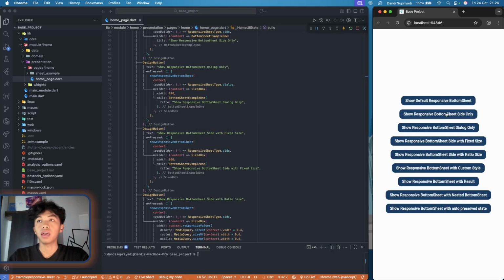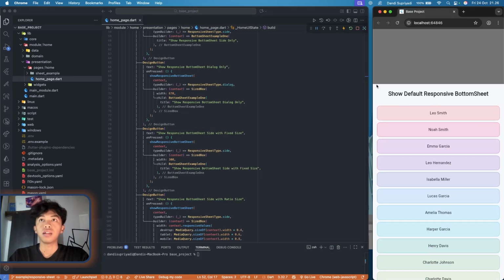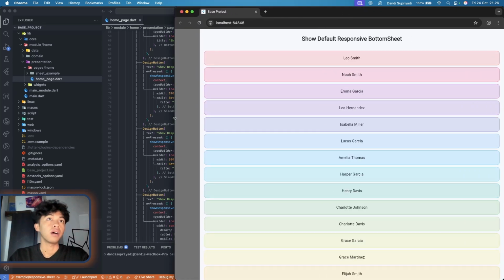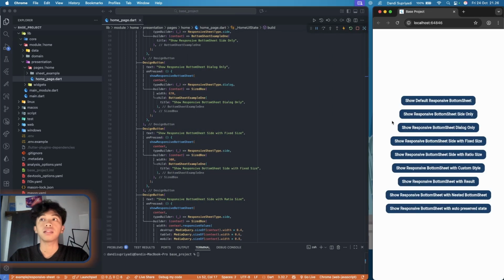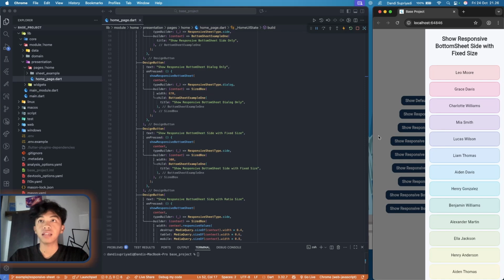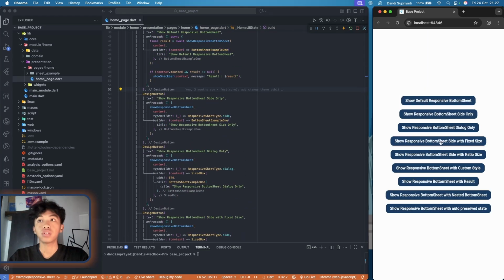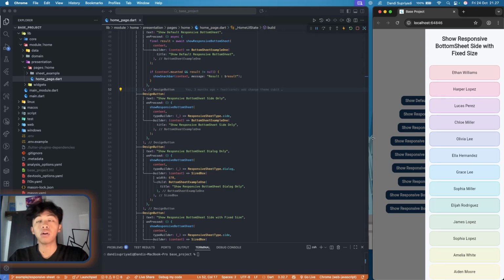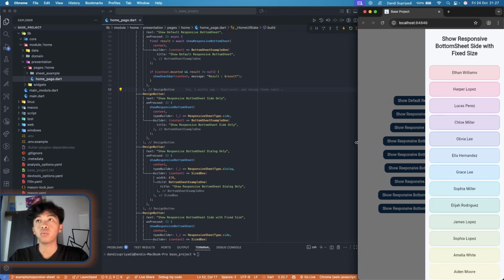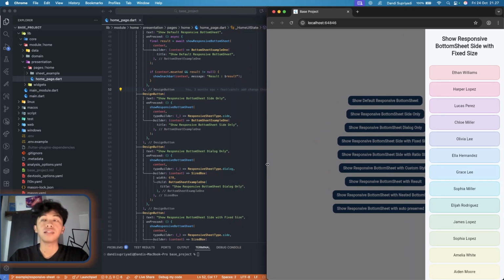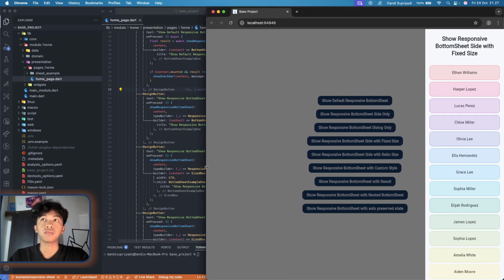And then if you notice, the side panel or the dialog or the bottom sheet has already set width and height. You can override that. For example, here I set this as a fixed 300 or 200, I forgot, but you can show the bottom sheet, the dialog or the side panel with a fixed size like this. So in every screen size you will see the same size for those types of sheet.